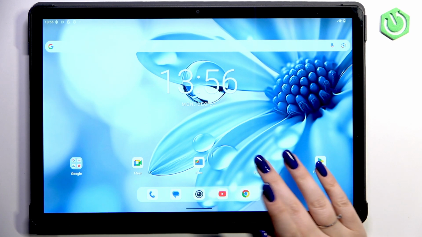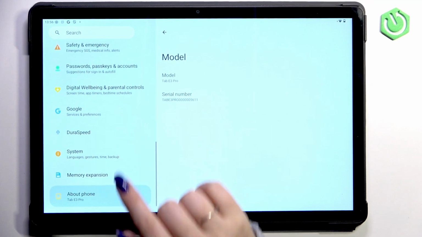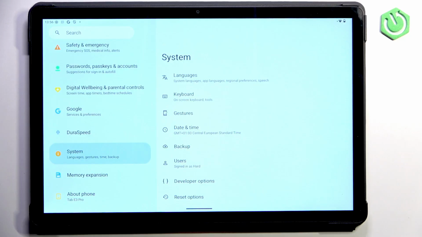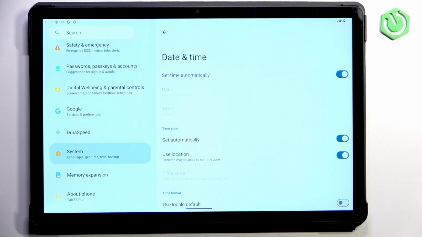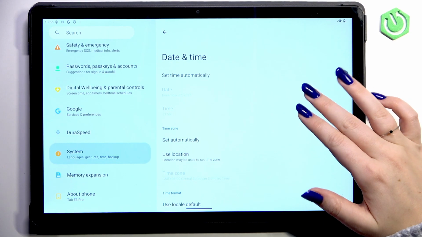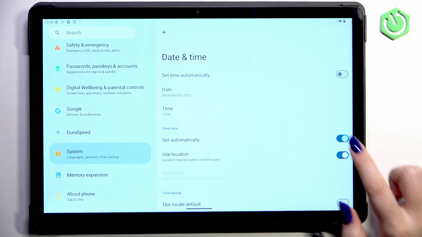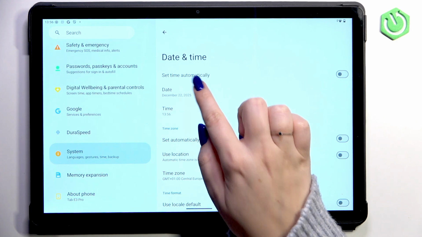So let's start with opening the settings, and here we have to scroll all the way down to find the system. Then let's tap on date and time, and here we've got some options which are currently inactive. It is because we are using the automatic time and the time zone. So first of all, we have to turn off all of those switchers, and now we can freely tap on